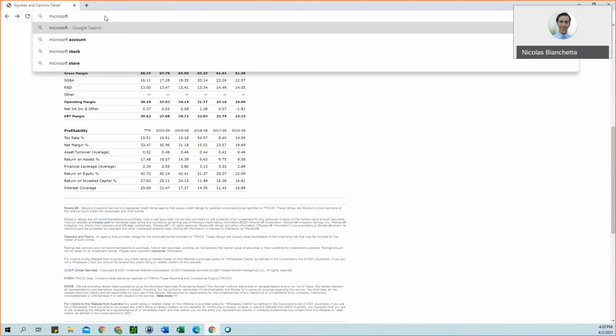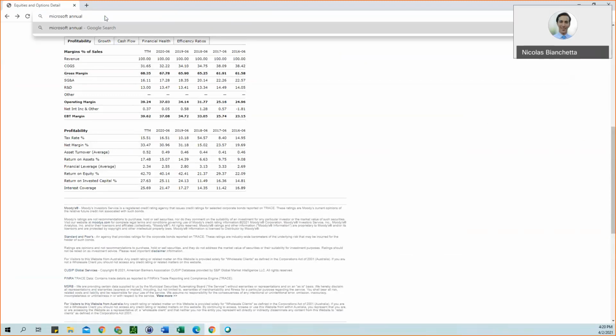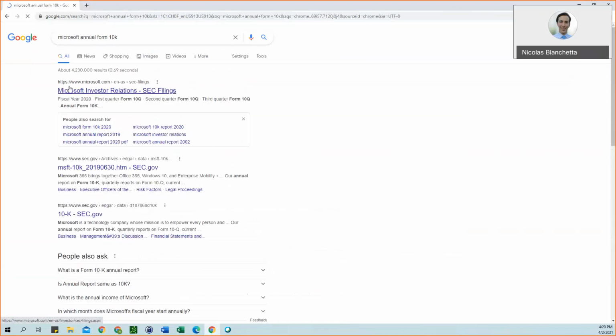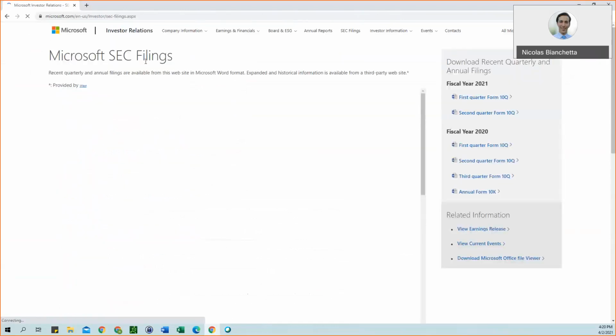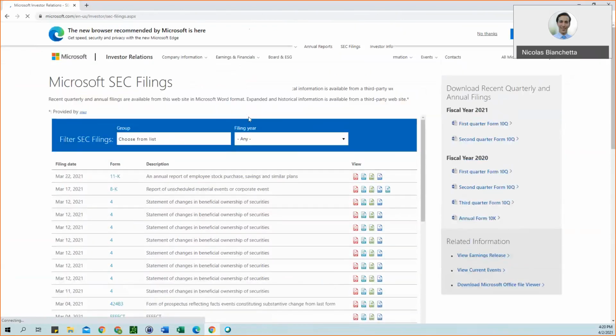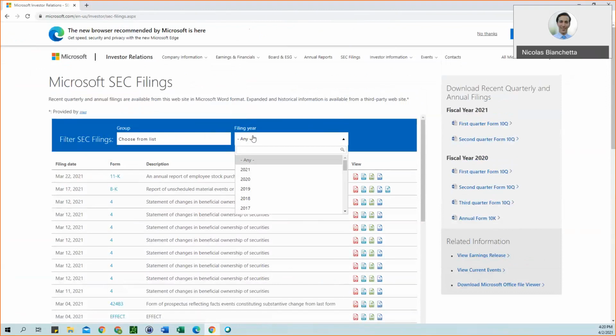Microsoft, and you can do annual Form 10K. And a lot of the times on the company's websites, there will be an investor relations page with the SEC filings. And like we searched before, so we want